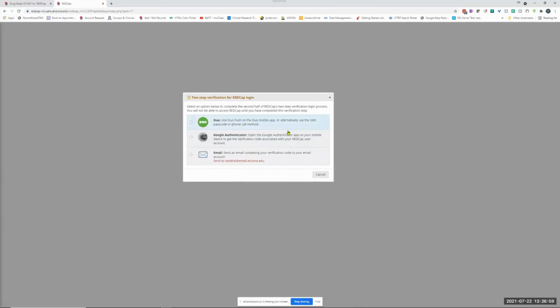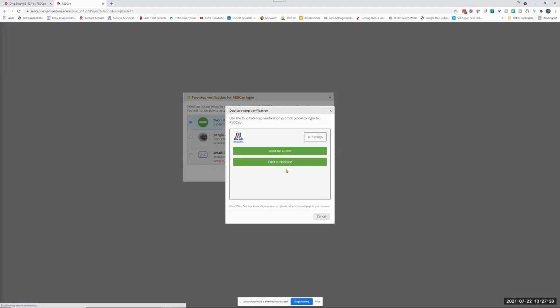Now I've got three different options set up at the moment: Duo, Google Authenticator, and email. And I'll show you about Google Authenticator. Duo is something that I have set up just for testing purposes. I actually have created a second Duo account outside of the university just so I could test this and not worry about the university. So I'm going to click on this, and it's exactly the same. If I say send me a push, I have my phone in my hand, and so I authenticated in. So that was two-factor